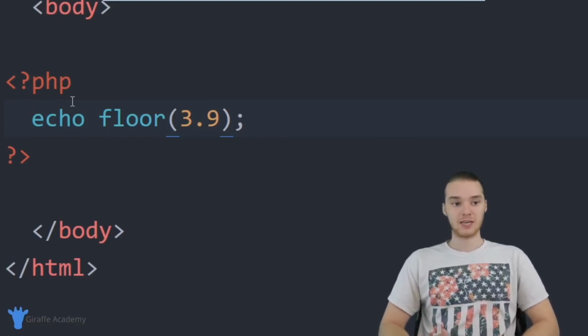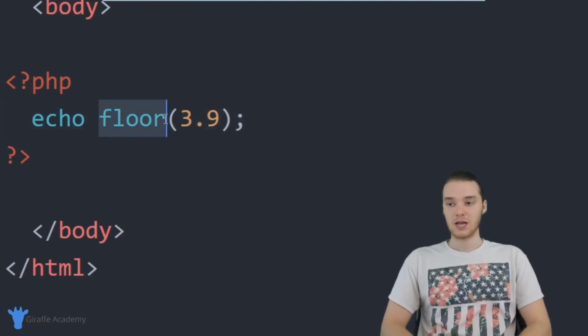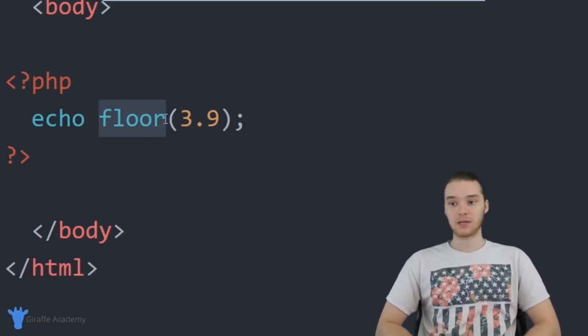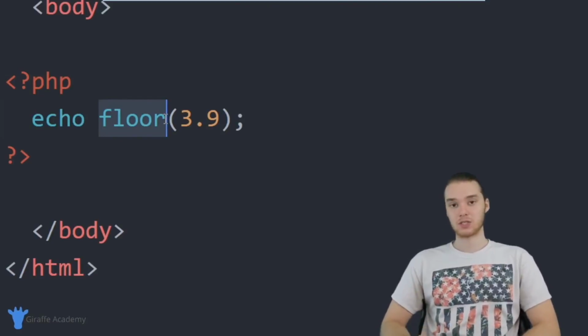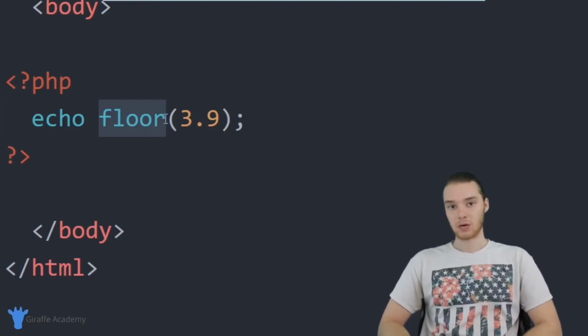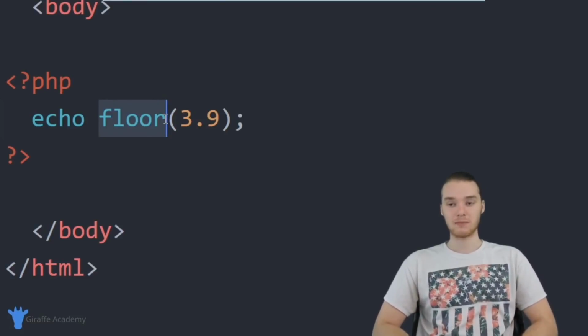But I really just wanted to give you guys an introduction into all these different operations that you can use and how you can go about using them. So hopefully you guys learned something. Obviously working with numbers is extremely important, and numbers is probably the most common type of data that we're going to be working with in our programs. So you want to make sure that you have a solid understanding of how numbers work and how you can